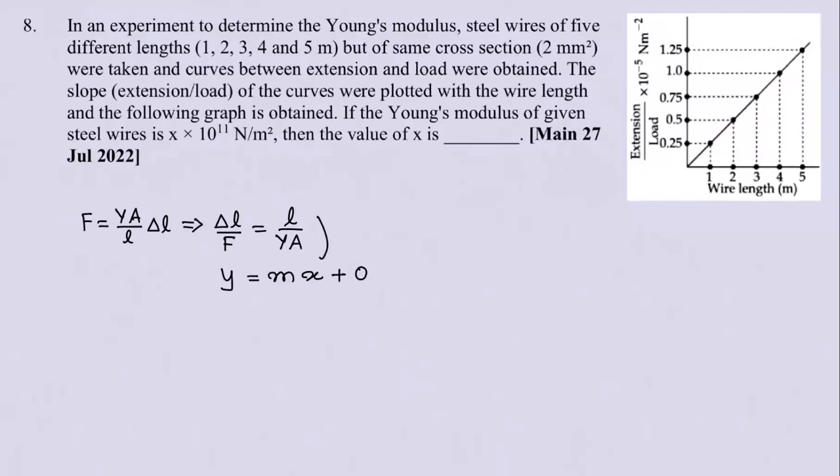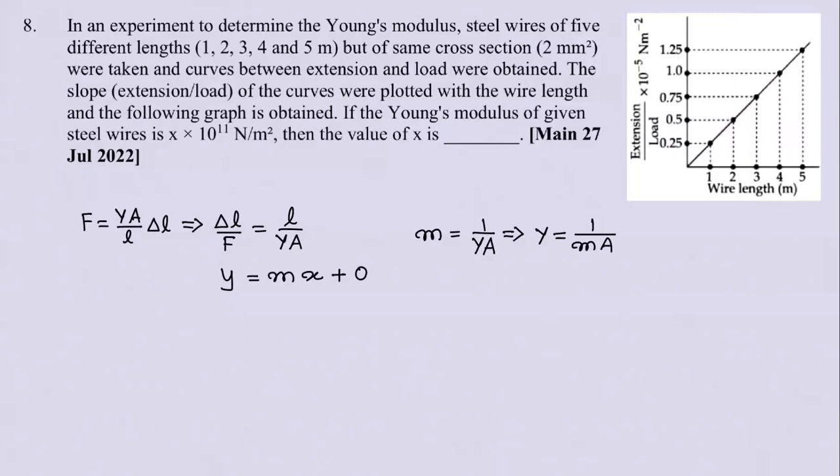And observe perfectly, the equation is matching. So this entire value is y, perfect. This value is x, correct. Now with ease, you can conclude the slope m is equal to 1 by Y A, right? They want Y. So very simple. If you want Y, you can write like this: 1 by